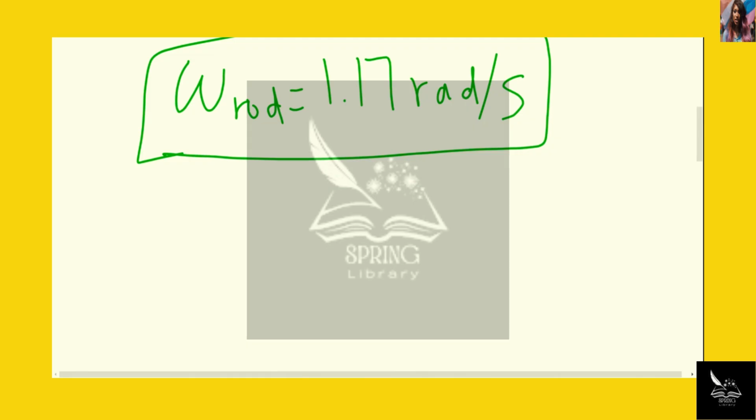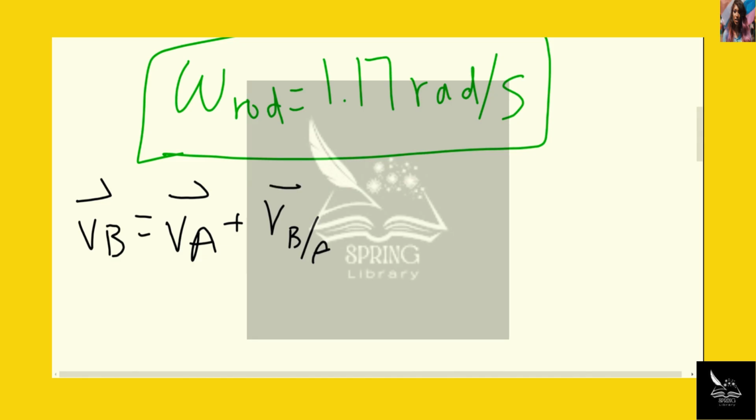We can use that same argument and say that VB is equal to the velocity at A plus the velocity of B relative to A. This is also the same as saying the velocity at A plus omega rod, remember it's a rigid body, cross